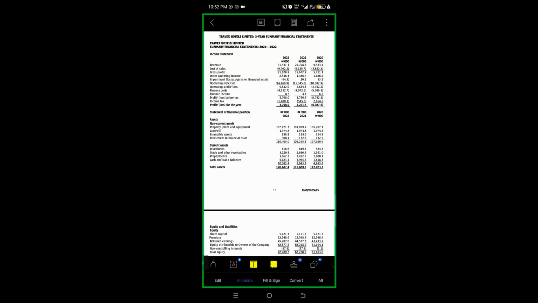So he's saying that the goodwill appears to be constant, that it appears they have not been testing the goodwill for impairment over the years. Maybe that's why it has been constant. So my comment is that you can look out for information on whether they have not been testing that. That can become part of your skeptical issues: why they have not been testing the goodwill for impairment every year.